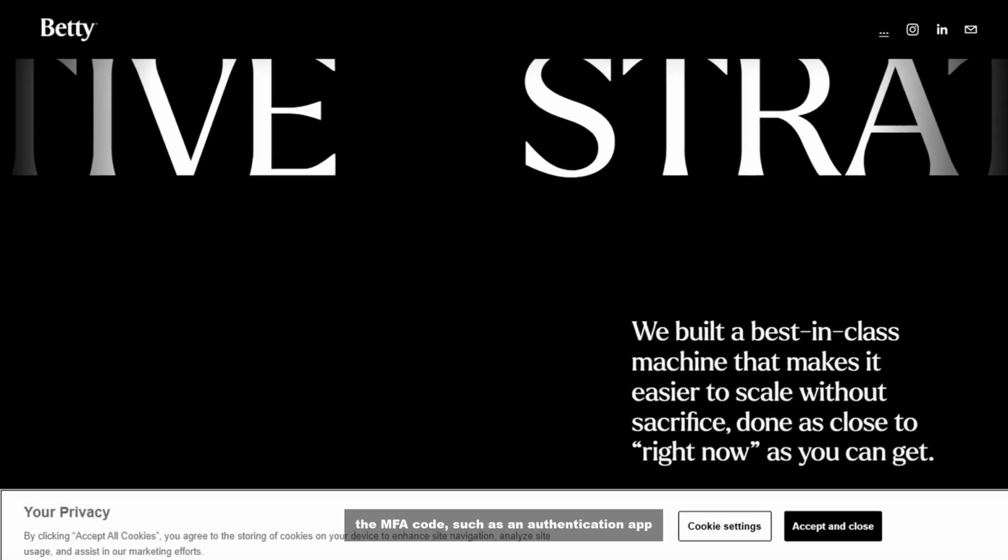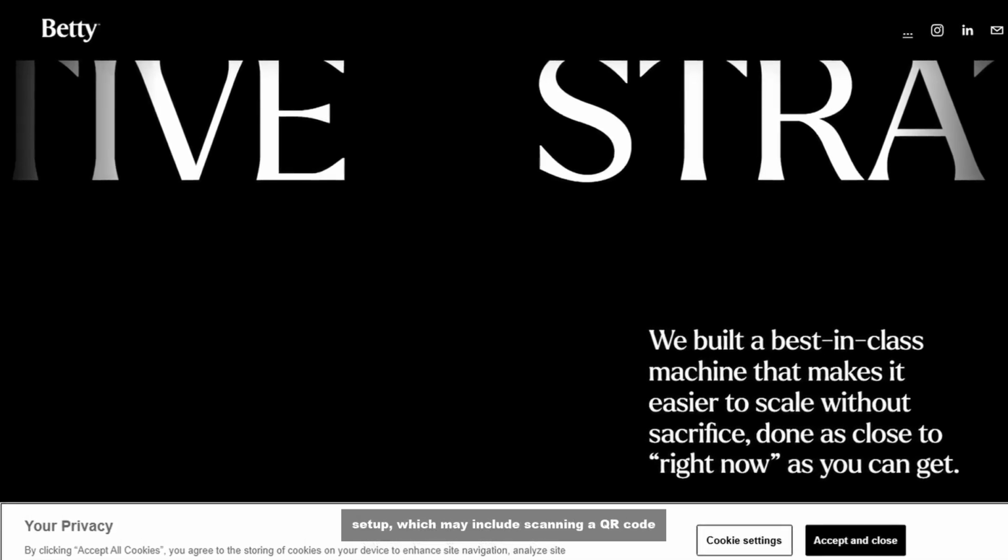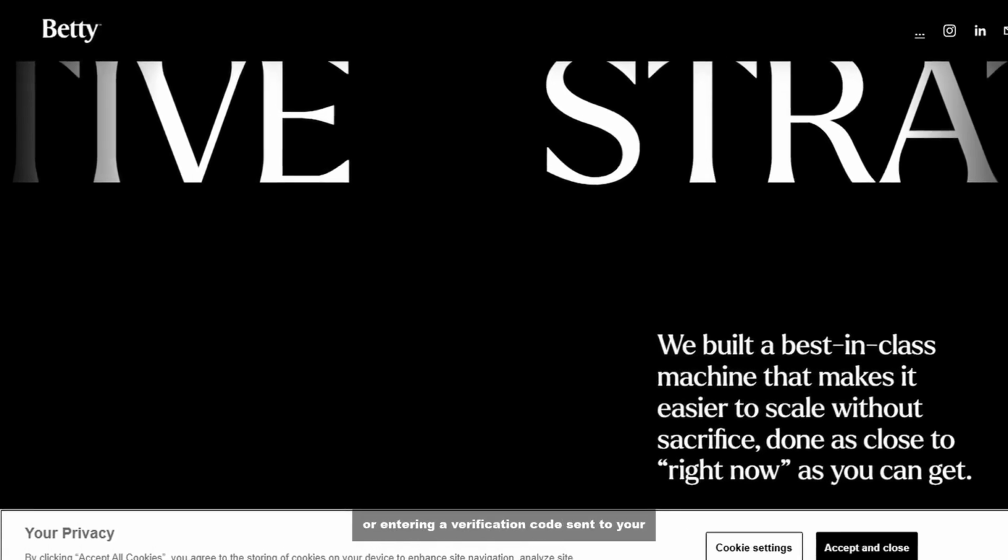Choose your preferred method for receiving the MFA code, such as an authentication app or SMS. Follow the prompts to complete the setup, which may include scanning a QR code or entering a verification code sent